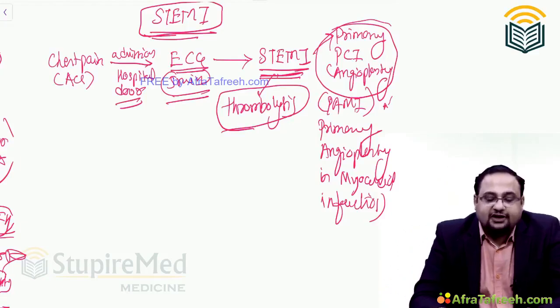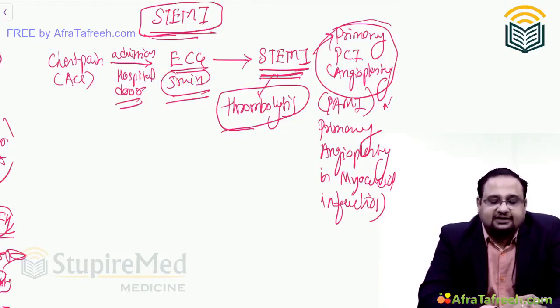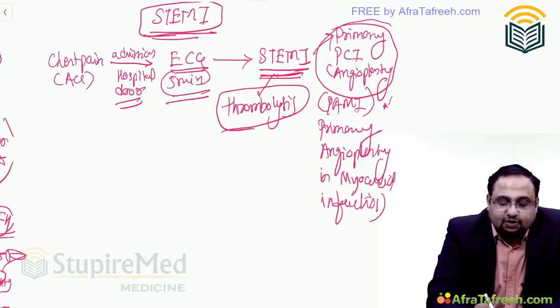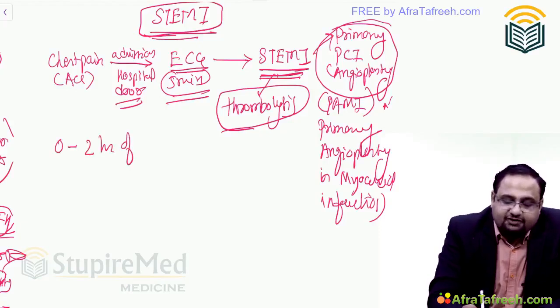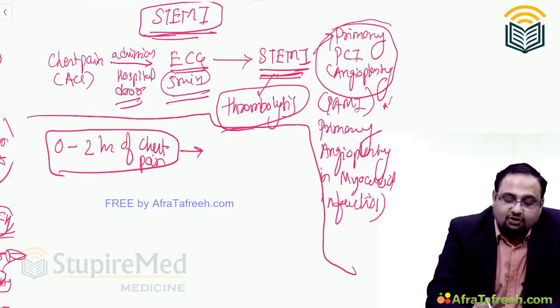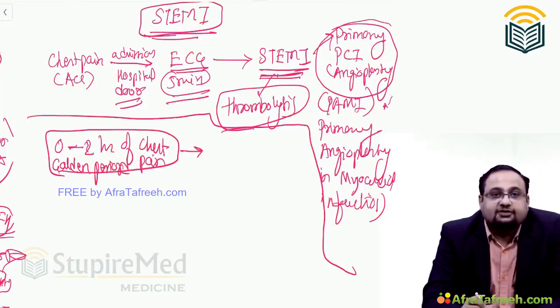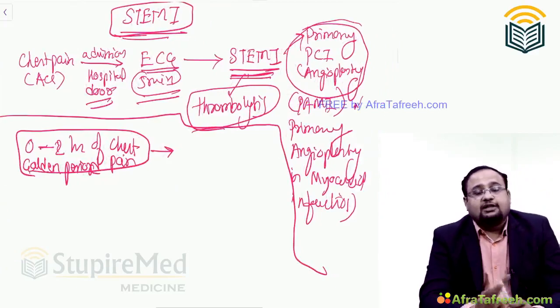I'll go into details of it, friends, but first let us discuss the timing and what treatment you can give the patients in both these options. If the patient has come to you within the first 0 to 2 hours of chest pain, that is known as the golden period. If the patient comes within the first 2 hours of the chest pain,